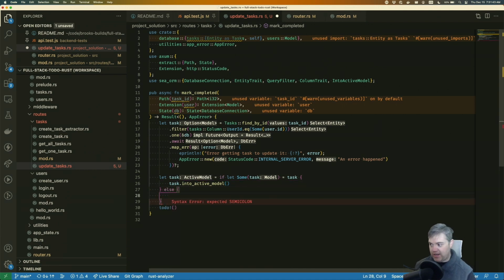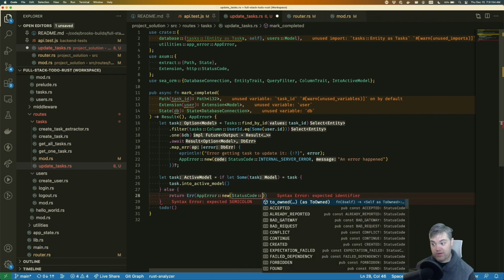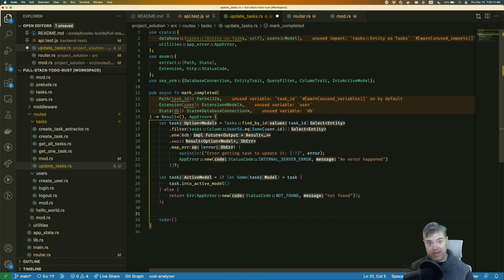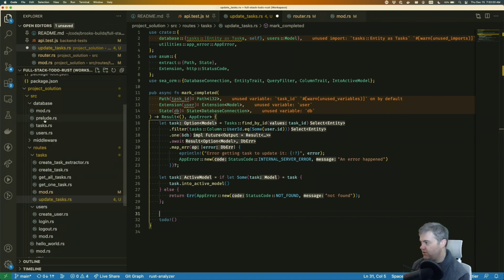Now, otherwise, we're gonna do a hard return of an error, app error. We'll have a status code of not found. And based upon that last error that we had in the last one, we're just going to put not found in here. And semicolon. Okay, so now we have a task and this is an active model, so we can make changes to it. And the only change we want to make is to set the completed at to a new date. So specifically, we go into our database,